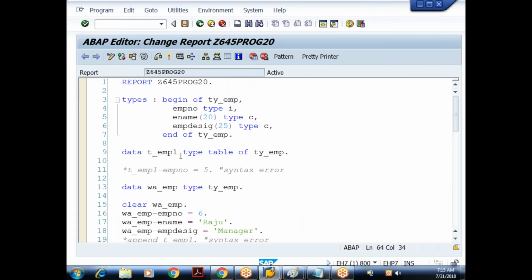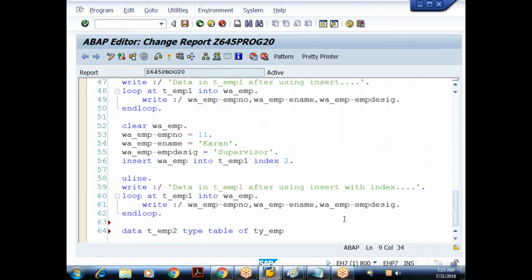So this is a standard internal table. When I declared the first standard internal table, did I mention any key here? No. So what is the meaning? I can create the standard internal table either with the key or without key. Key declaration is not mandatory for my standard internal table. So for the first internal table, I am creating it without key.